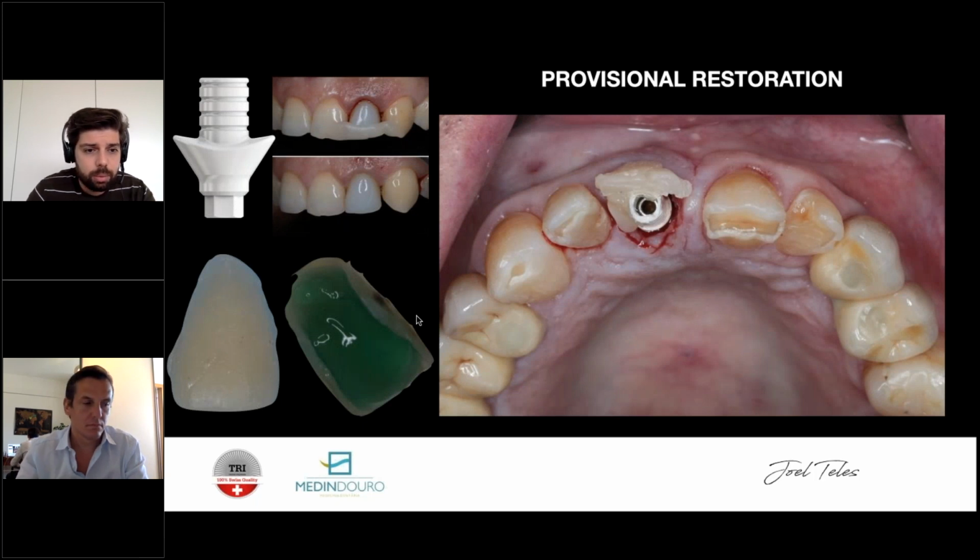Okay, some questions about this as well. A lot of questions about this actually. So this is the shell technique. I create the shell using the extracted tooth, or I made one directly or before in advance with some casts. The important thing is that I have a shell, and afterwards we can say in this moment there is, for example, from